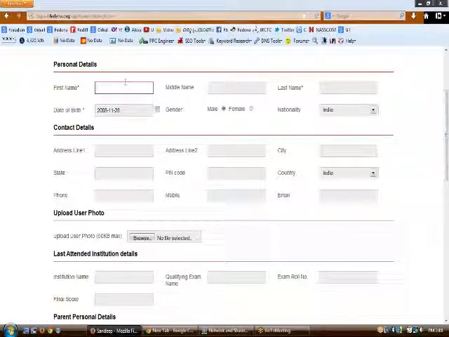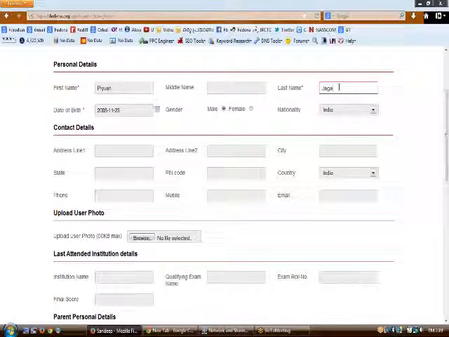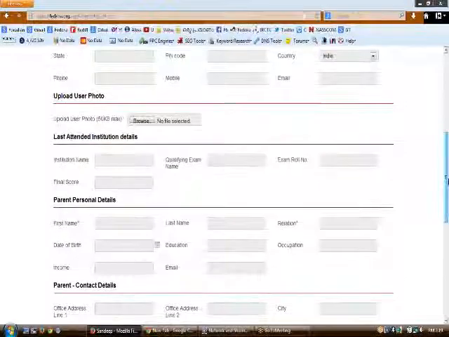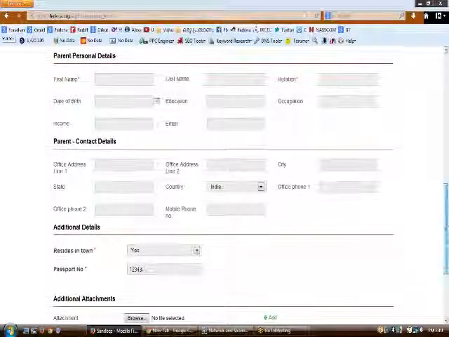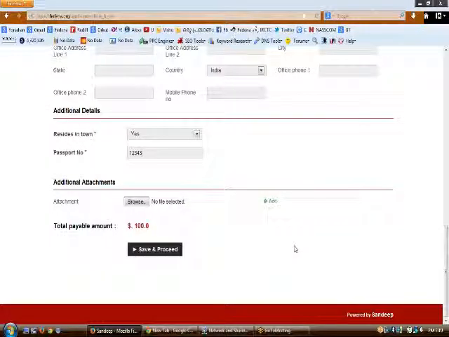The student enters his details, then the date of birth, and then whether the student resides in town or not, and then the total payable amount, which is 100.